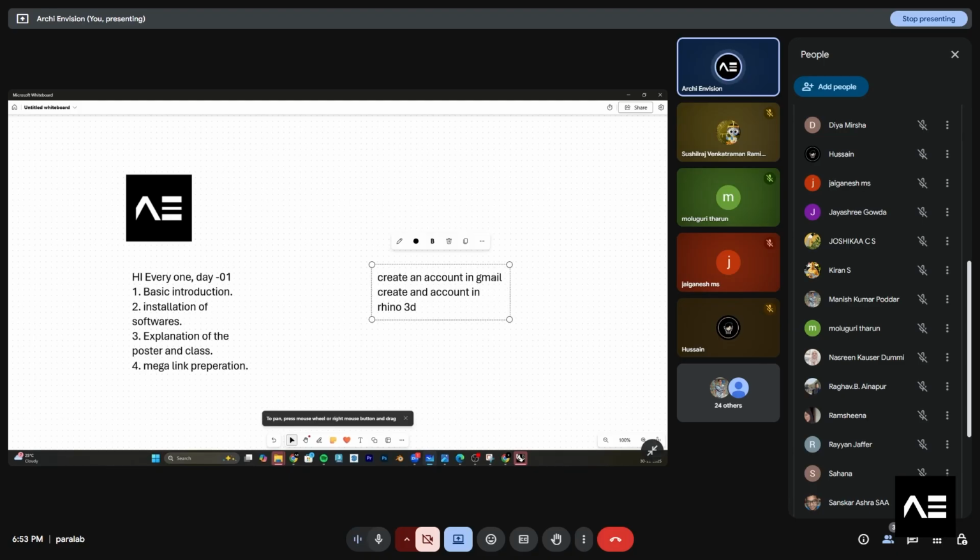So these are the two main steps you guys have to do while creating an account, and just try to log in with that account.